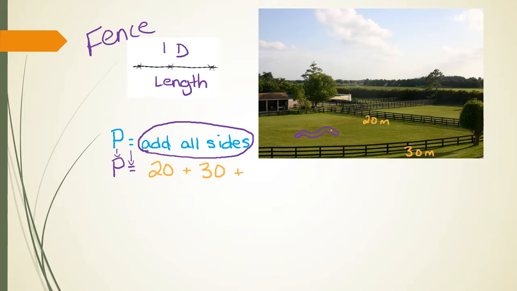Now, are 2 sides enough to keep my earthworm contained? No, they are not. I need 4 sides. So you know that the other 2 sides are exactly the same because I said it was a rectangle. 20 plus 30 plus 20 plus 30. Okay, next step, we drop down again, straight down. We keep that P lined up. We keep our equal sign all lined up. You don't need to put arrows in like I just did, but I do want you to